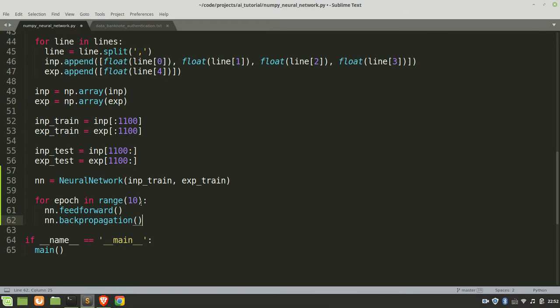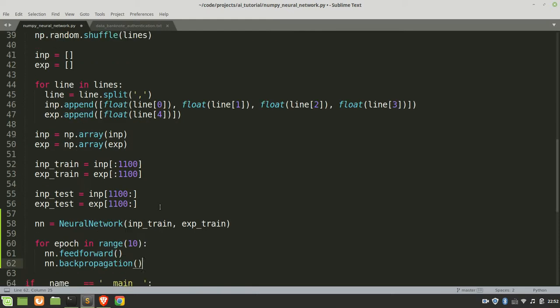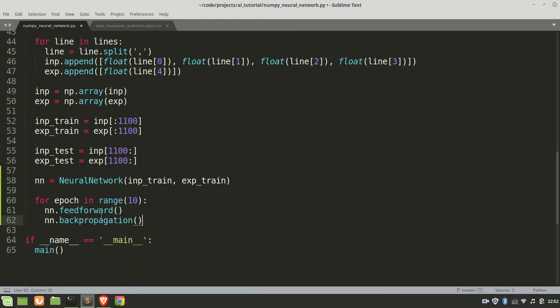The second thing we have to do is figure out how this learning rate comes into play. Now the learning rate is important. If it's too high, that's really bad. If it's too low, you can compensate by running this more times. But the goal is really to make sure that these epochs are lower. You don't want to run at 10,000 or 20,000 epochs, because that's the expensive part of doing neural networks,